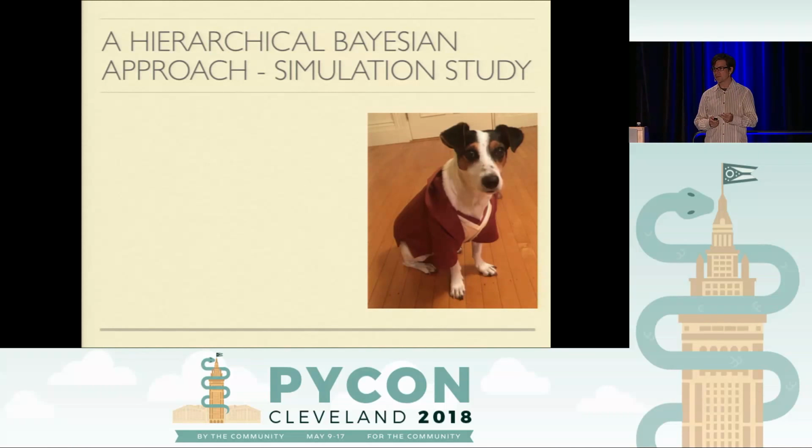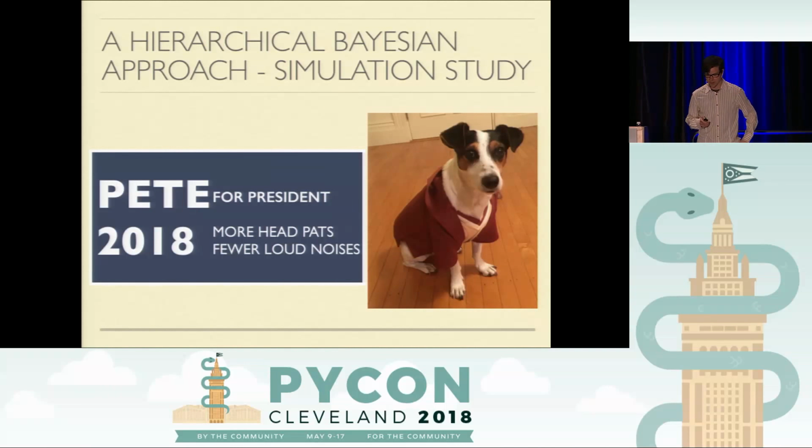So the 2 benefits we'll have of doing a simulation study first. One is that we'll be able to see all the unknowns, right? So we're going to try to recover some rates that we won't know for sure in the North Carolina data. If we simulate this data first, we'll be able to double check our work. The second benefit is that we'll think about our data generating process. In any kind of machine learning you do, this is an important step, especially in Bayesian modeling. You want to think about how your data is generated.